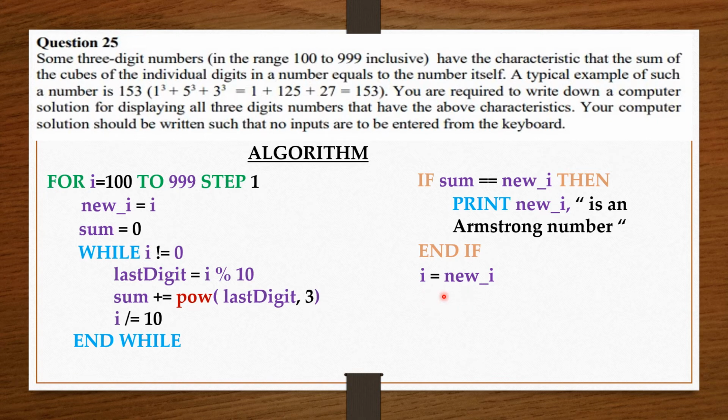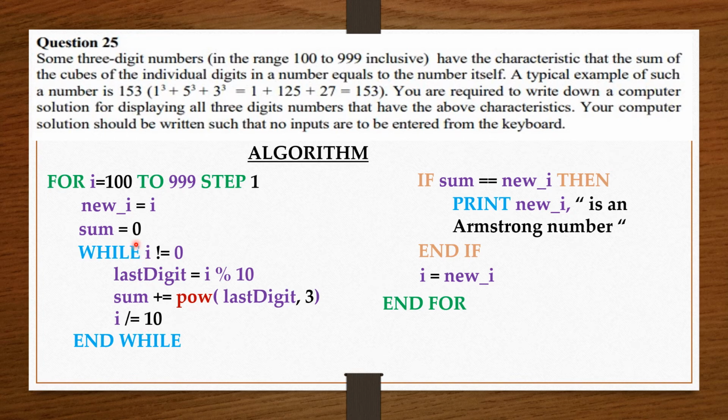Now when I come back to the top of the loop, I can increase from 100 to 101 because I has gotten its original value back again after it was reduced to 0. So now I can increase I to 101. Then I'll come back, I'll take a copy of the 101 and save it in new I. Then remember, sum is 1. But then before I enter this loop, I want to make the sum empty